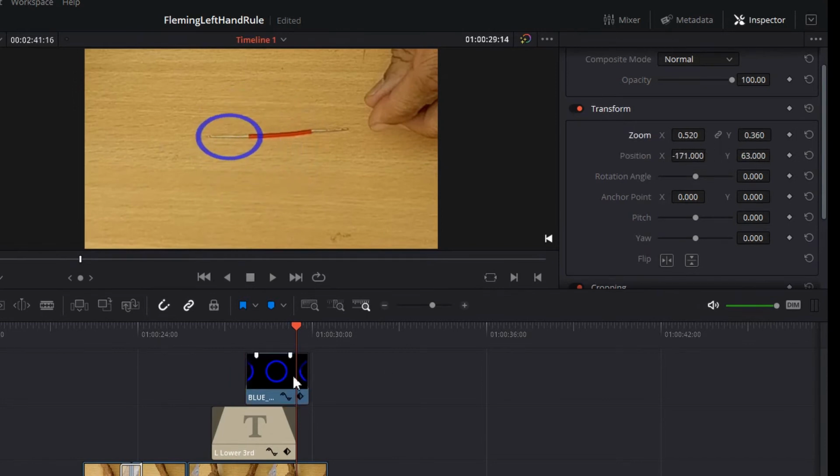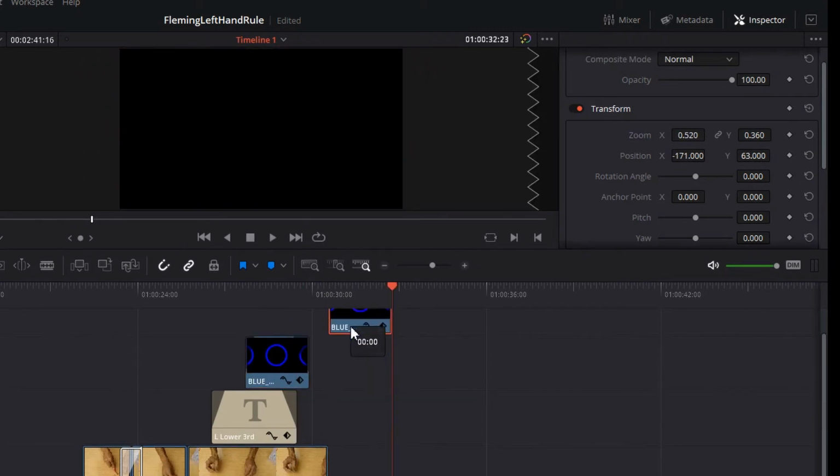It can be sized, positioned, or zoomed in and out to suit our purpose.